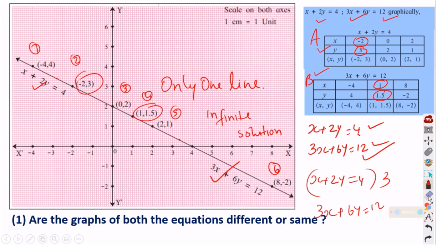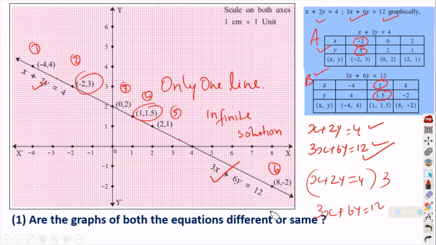मुझे इधर जरा जगह बनाने दो। I will see whether I can make a little space over here. So I will write over here only, where I will write the answer big. Are the graphs of both equations same or different? Your answer is same. Both are same. Correct? Both equation graphs are the same in both cases.